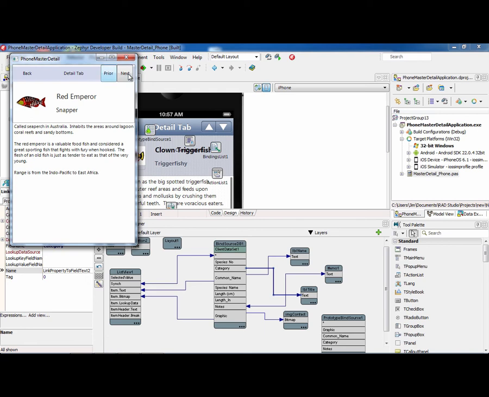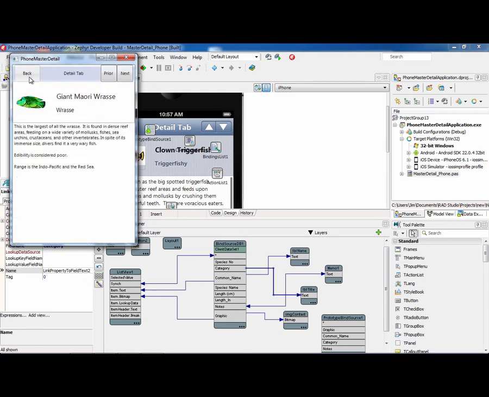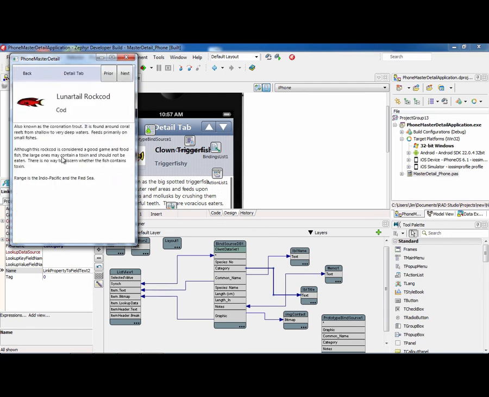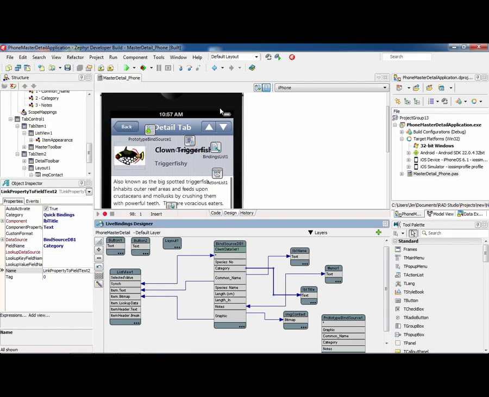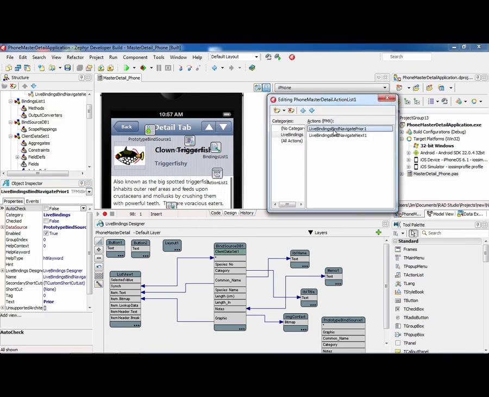Well, our buttons don't work properly. The navigation between the pages seems to work properly. So let's take a look. The buttons have actions, and the action is still connected to the prototype bind source. So let's just bring up the actions list editor. I'll multi-select the actions,